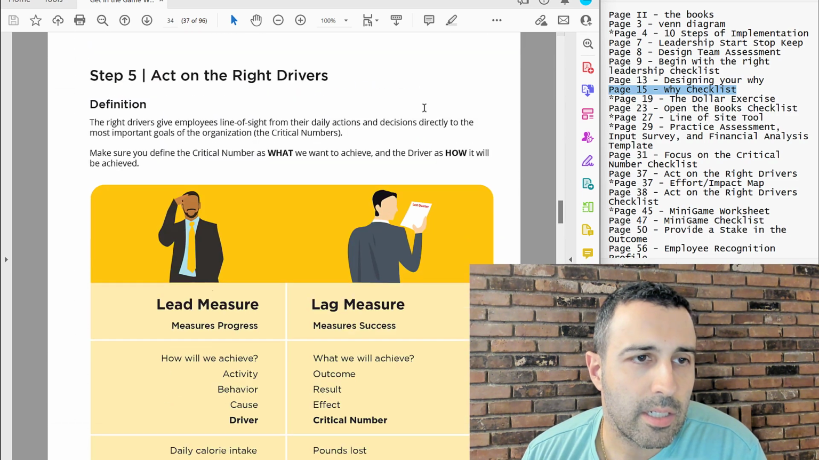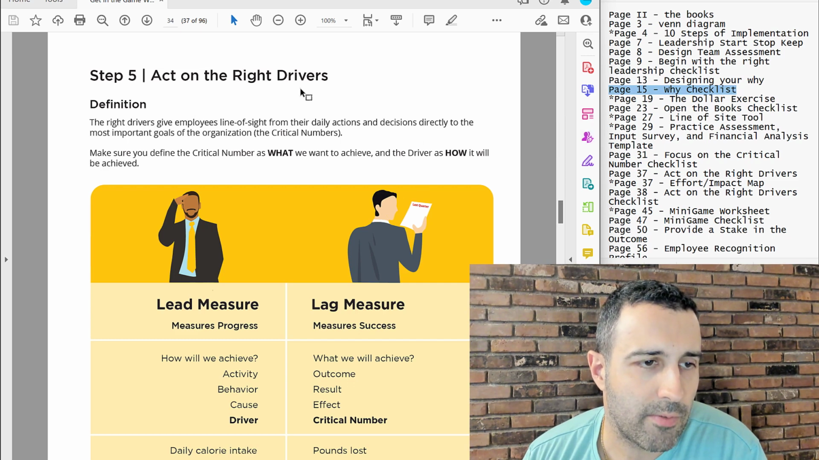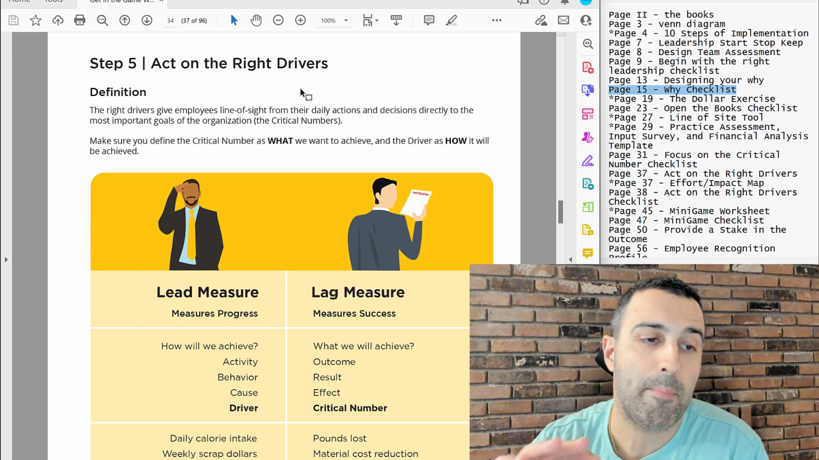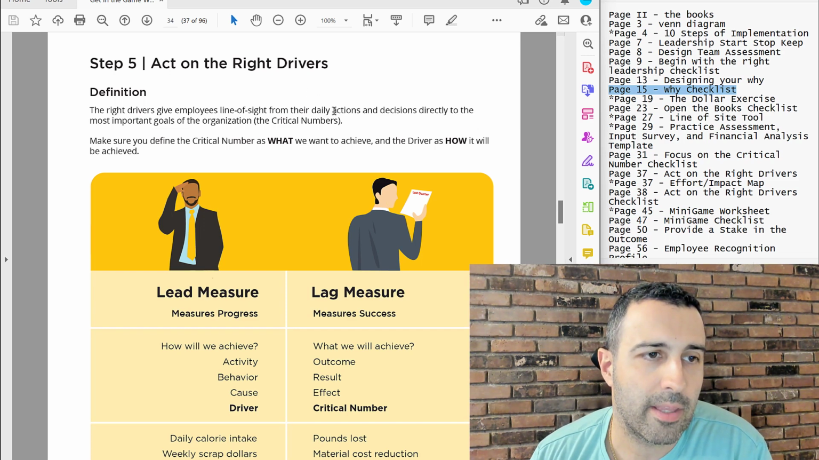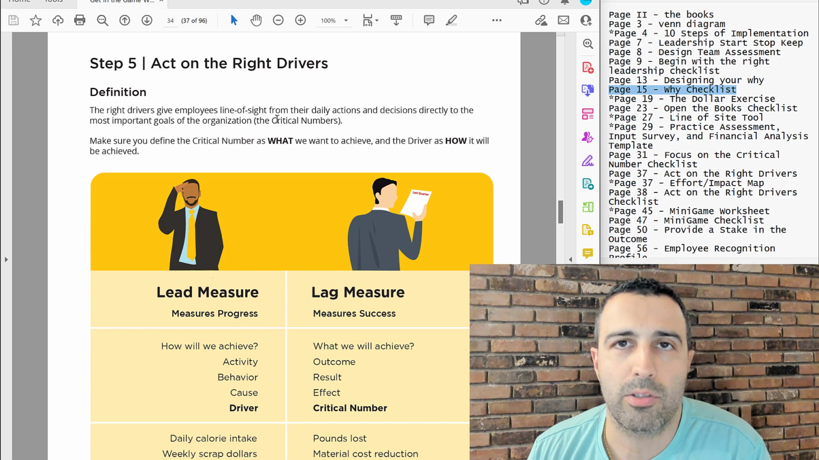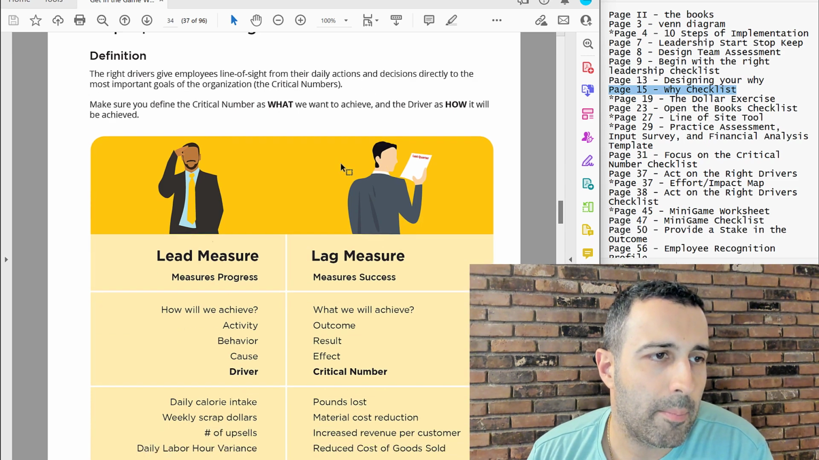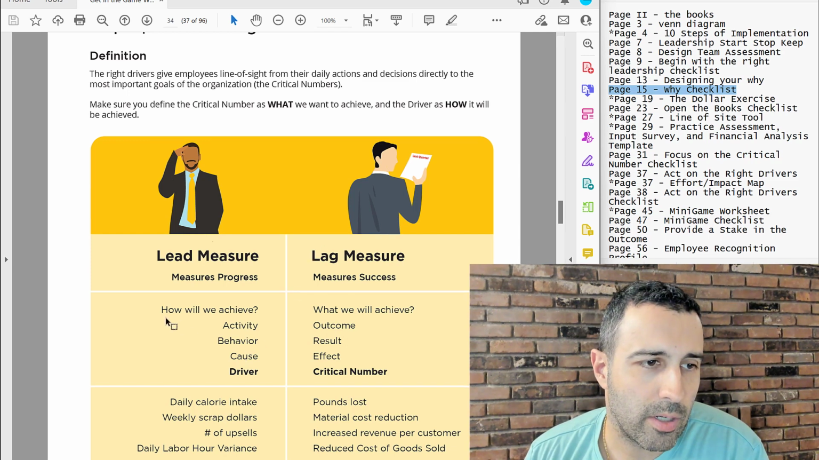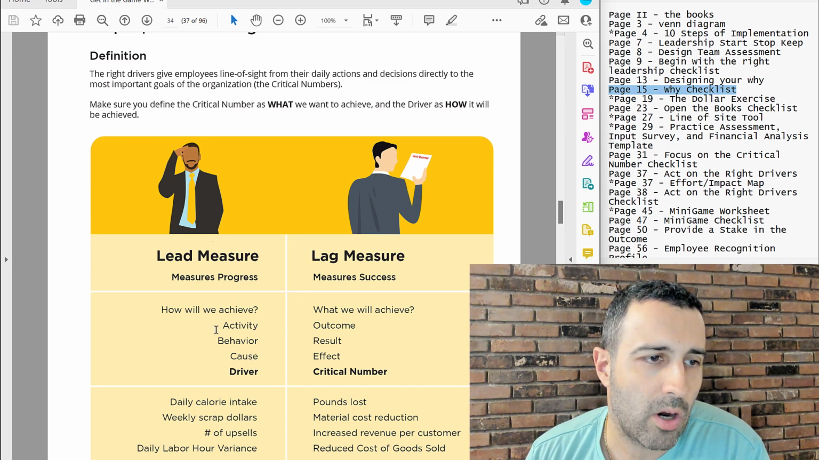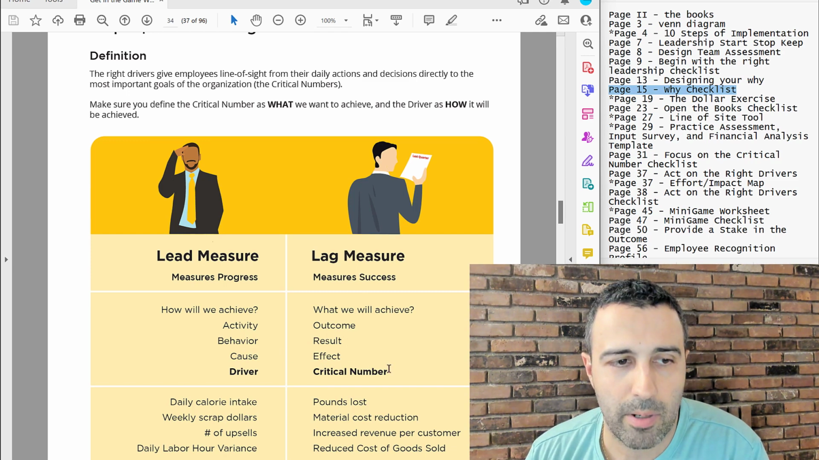Let me see here. Drivers. We'll get into the tools a little bit. I want to go into the drivers first, just to explain drivers, and then I'll get right back to mini games and focusing on the issues that your people think are the most important to the company. But drivers are essentially lead measures, and success or results are lag measures. So a driver is an activity, a behavior, a cause, and a lag measure is a critical number, an effect,